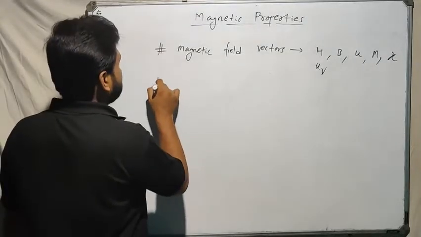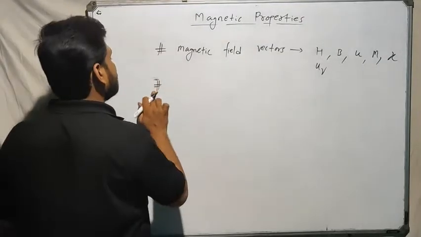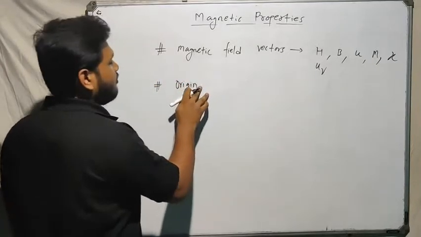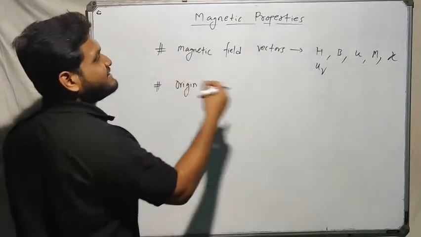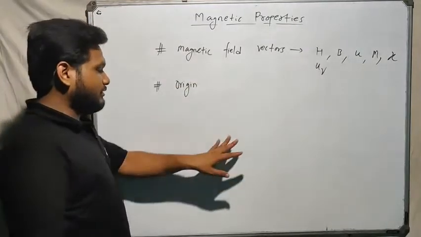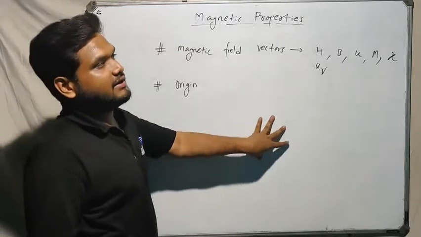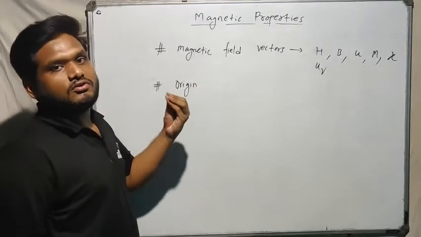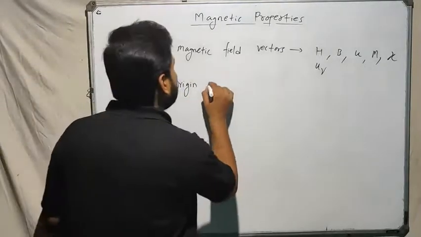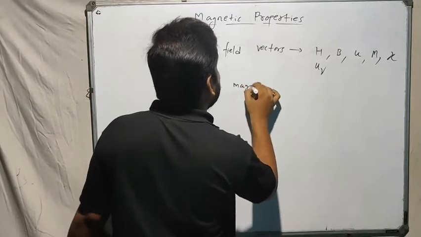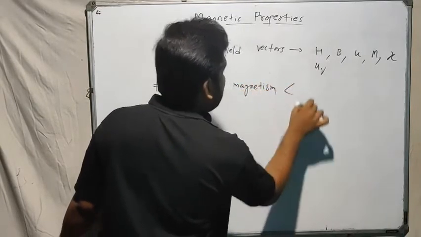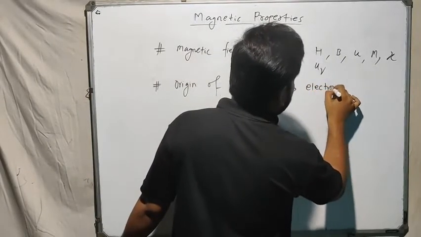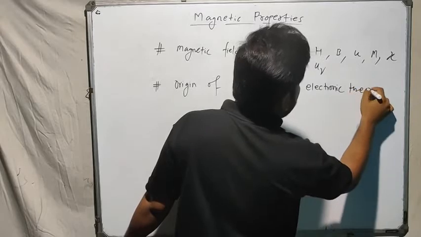After that, we will try to understand the origin of magnetic behavior. Where does all this, we say magnetism, magnetic behavior, come from? If a material is in the presence of a magnetic field, the way it will behave, what is the core inside, what is the core on which those depend? So the origin of magnetism, and this is based on electronic theory. This we have to see.